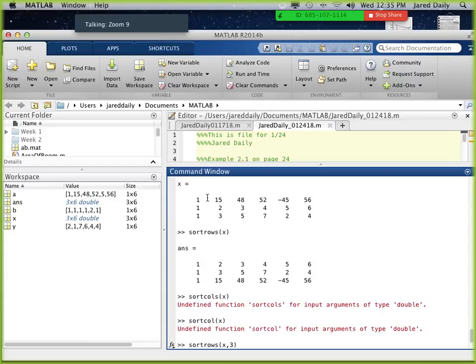So if I go out here to each column, this one's positive, positive, positive, positive, but this one's negative. So for all the positive ones, it's going to go from low to high. For the negative one, it's going to go from high to low as it sorts it. And I'm not sure what it did in the last one, actually, because that one's supposed to be,